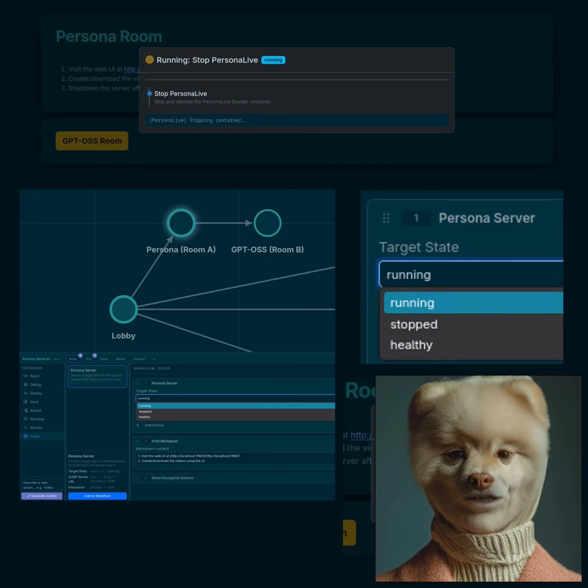An action for starting a Persona server has just one user interface component, the drop-down box where you specify the state you want. Started on enter the room, and stopped on exit the room, if that's where you need to put it. But you can also make it interactive so that you push the button. And you, of course, can't push the button twice because the system will say state already reached. Really cool stuff.